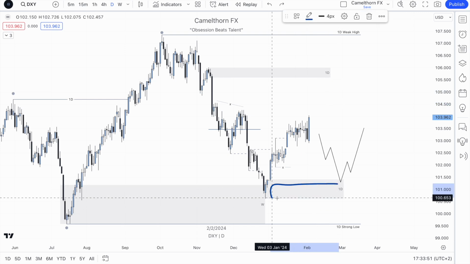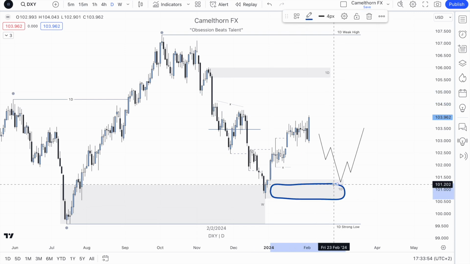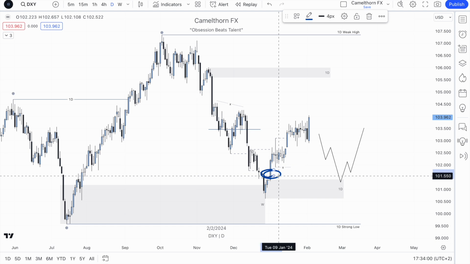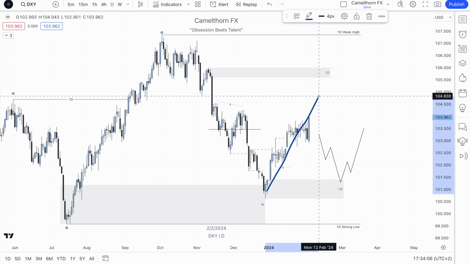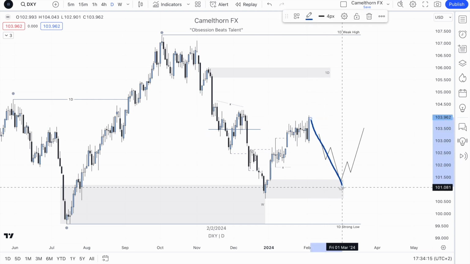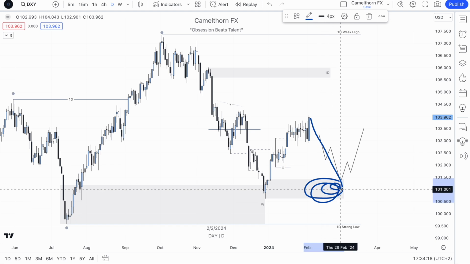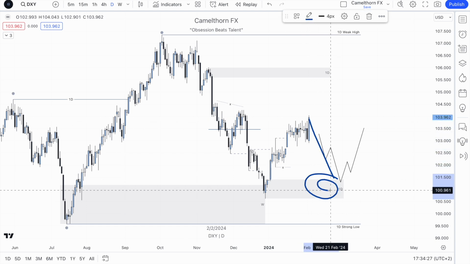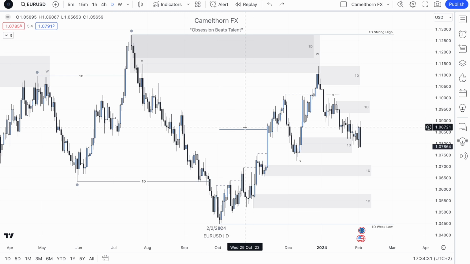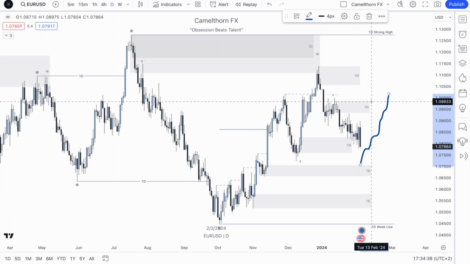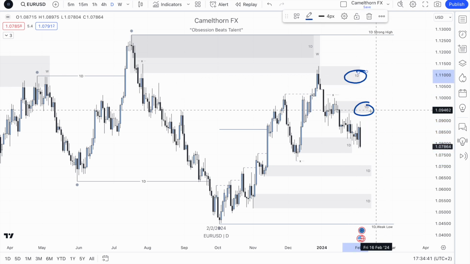However, this daily demand down here is an area that I find quite interesting because we have a nice pool of liquidity and we have really nice imbalance left over that price action hasn't filled just yet. So as much as we are now trading this continuation phase and this is our next buy target, there is the potential that price action reverses temporarily in order to mitigate this area before pushing off. And if we do see price action reversing down towards this area, then that would support the idea of potentially seeing a temporary bullish push to the upside here on EUR/USD, either towards this area or this area